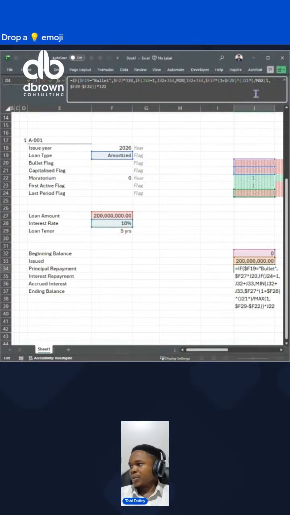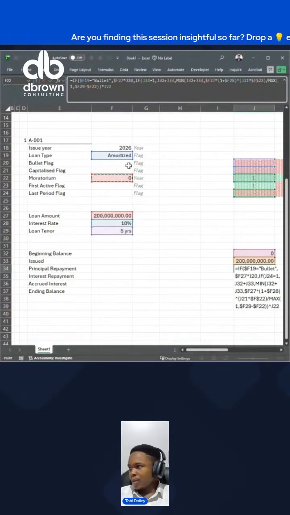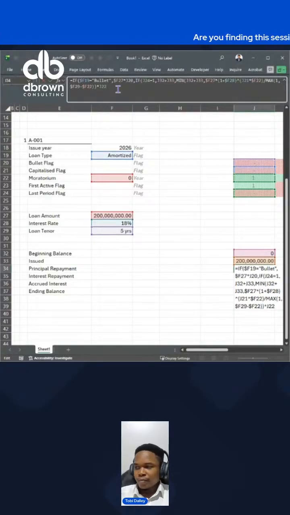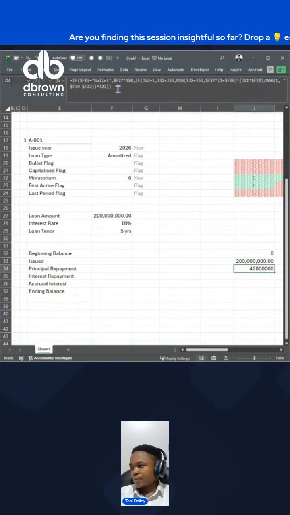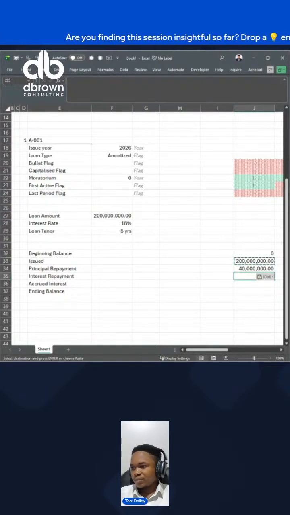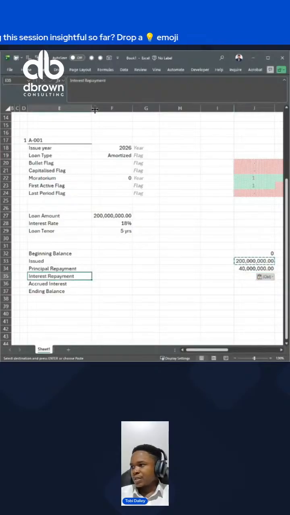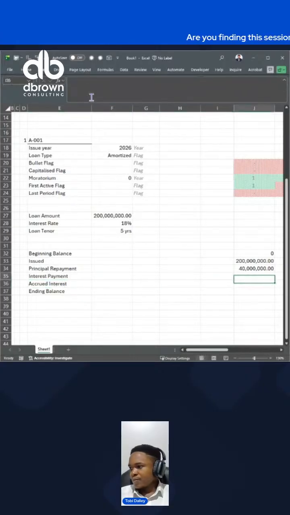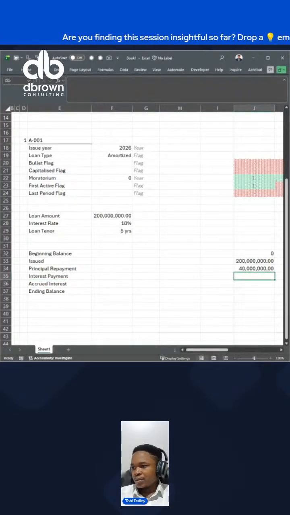Okay, this should multiply by the moratorium period and not the flag. Where else? Okay, and I think we are good. We are good to go. Then I paste the cell style. Then for our interest repayment, this should be interest payment, not interest repayment. For our interest payment,